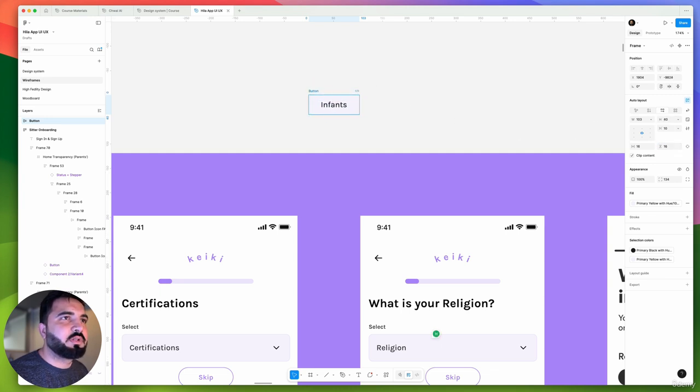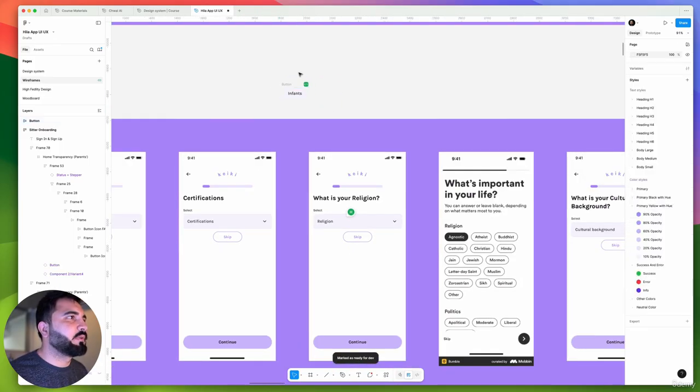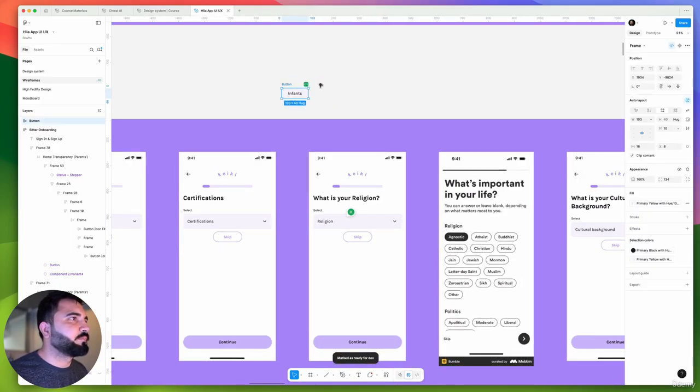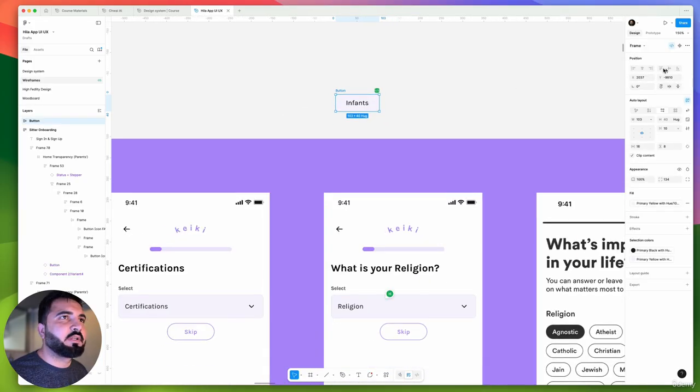It should be hug content, and this one should be 8 pixels, is fine, right? So now what I can do here is I will give it take default, okay, and